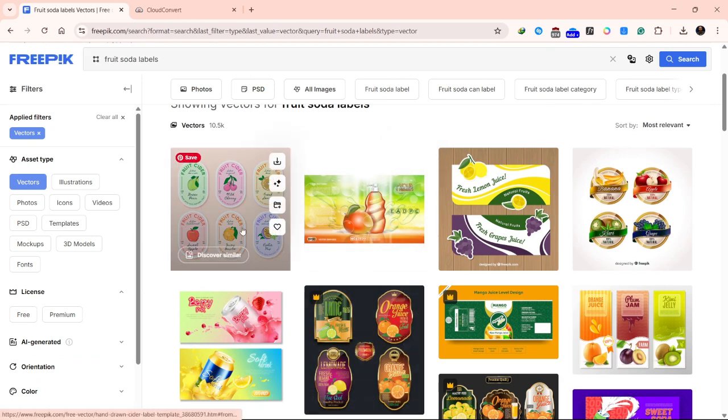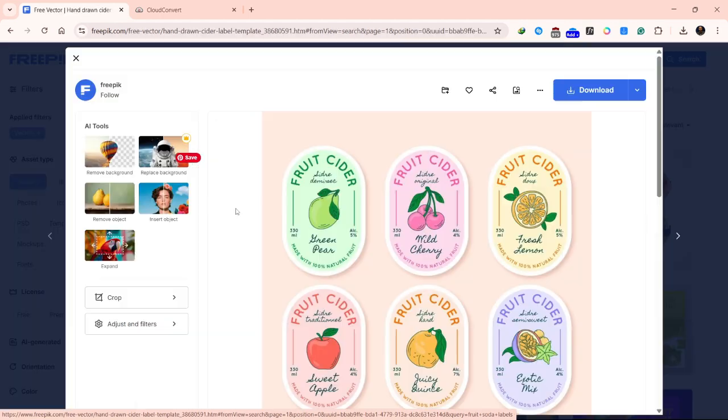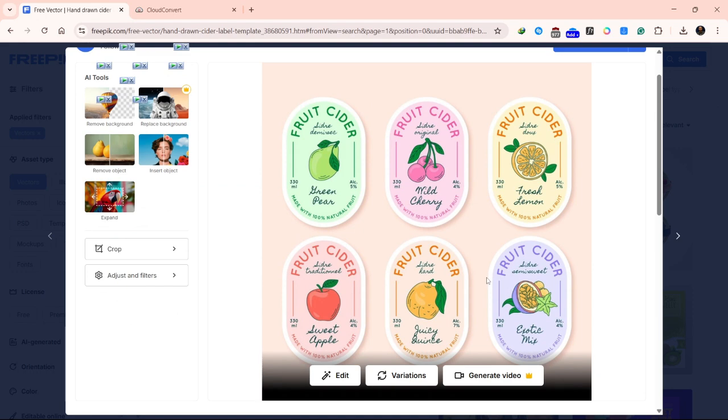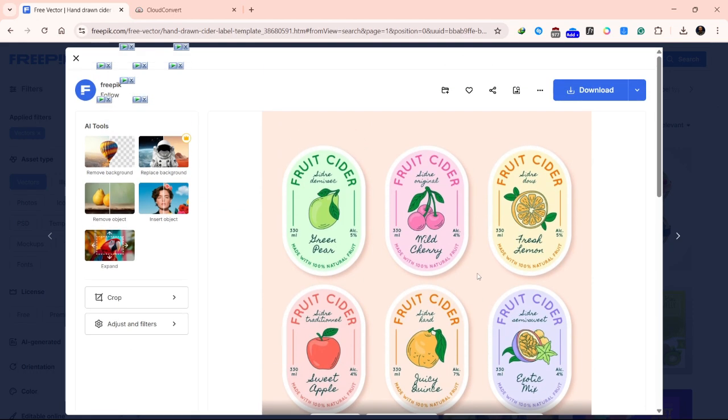This would enable us get labels that are editable, labels that we can actually make modifications to. We wouldn't want just an image, we would want to maybe change font or anything. However, you should go ahead, click on vector, and then download this zip file,